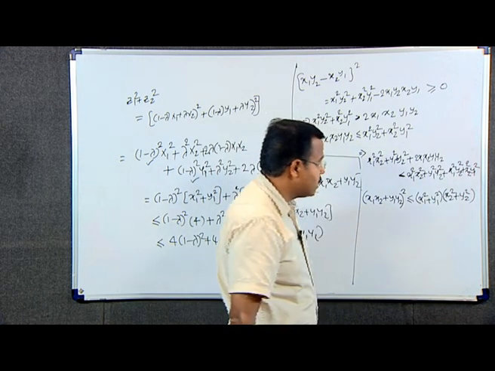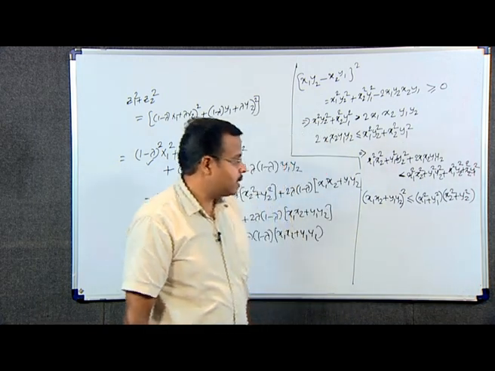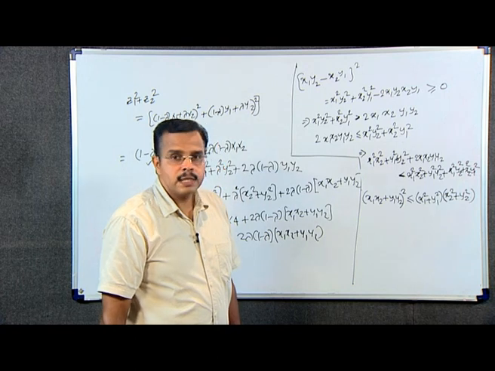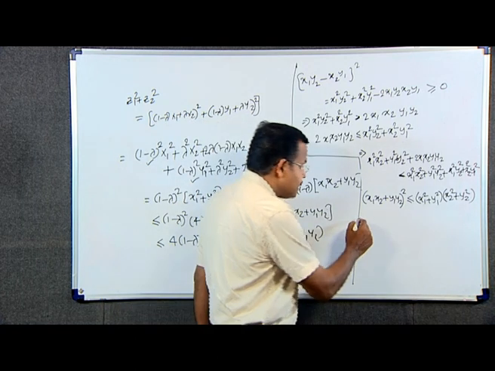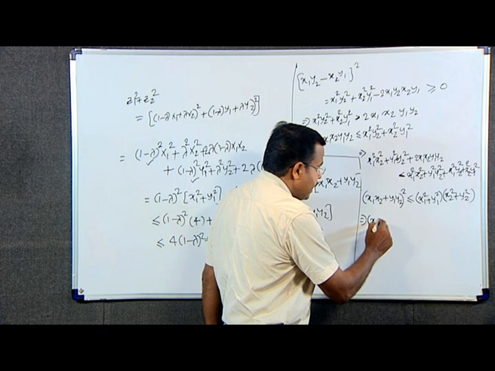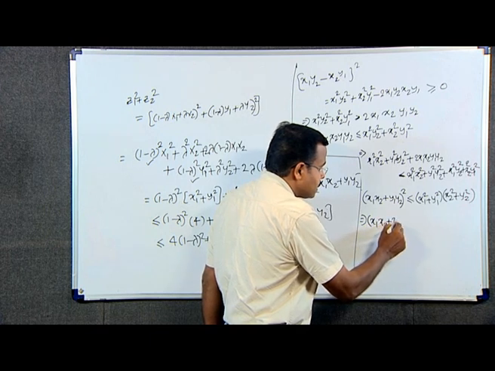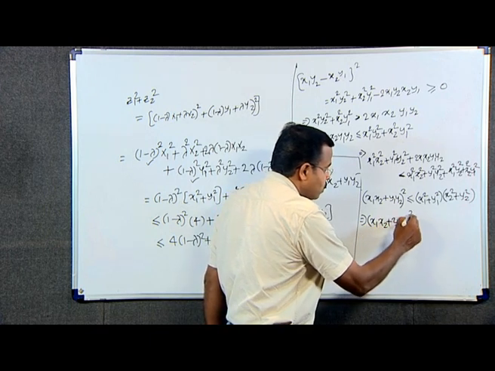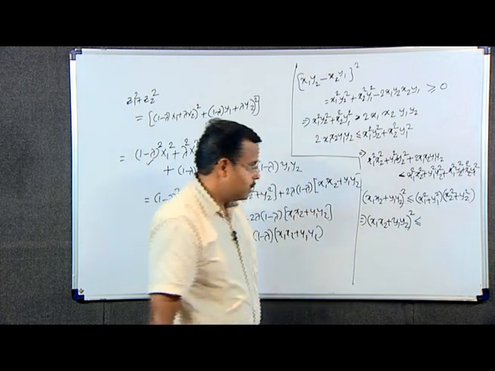So, that is less than or equal to x1 square plus y1 square into x2 square plus y2 square. This implies x1 x2 plus y1 y2 the whole square is less than or equal to